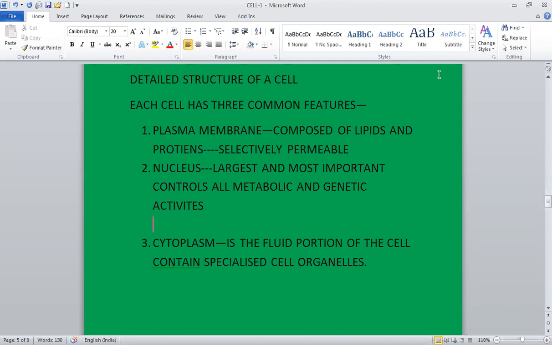Lesson: the fundamental unit of life, the cell. In continuation with the last class, today we are going to study the detailed structure of a cell. In the previous classes, we have learned that all body functions of an organism are performed by its cells. Though cells vary in shape, size, and number, the cell is the structural and functional unit of all living organisms.